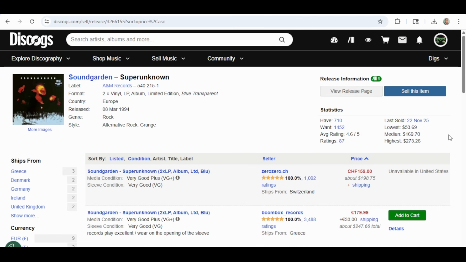If I want this pressing and this pressing alone, then this is what I have to work with. I've already sorted this by price, with the lowest being first, and immediately the very first one is not available to me in the United States. So this is something else to keep in mind with Discogs. You might see a price over here and you're like, oh, wow, that's the price I'm looking for. But keep in mind conversion rates and shipping on top of that, because we're going to go to the very